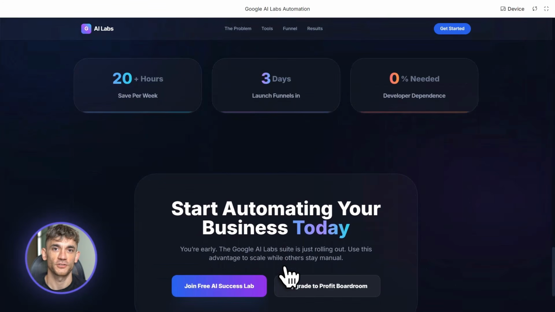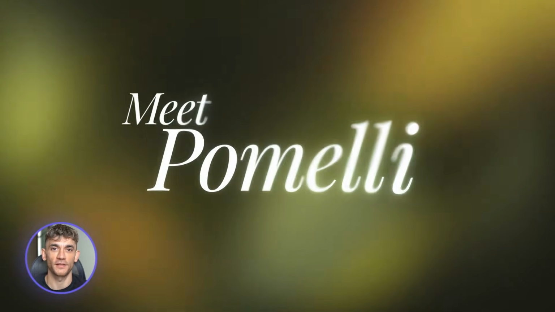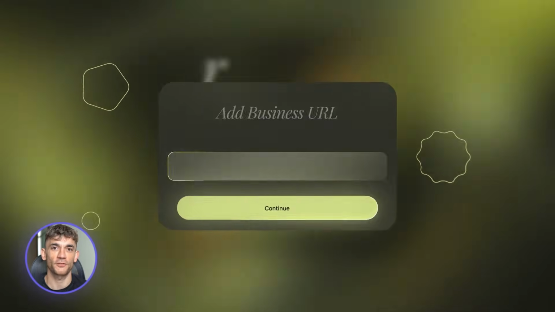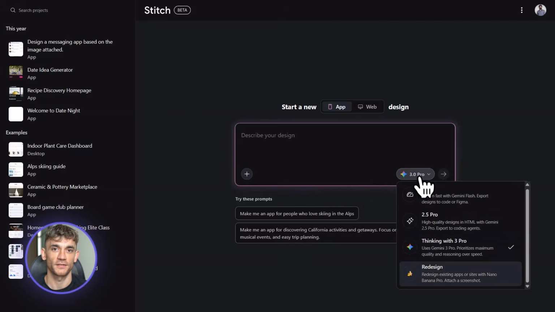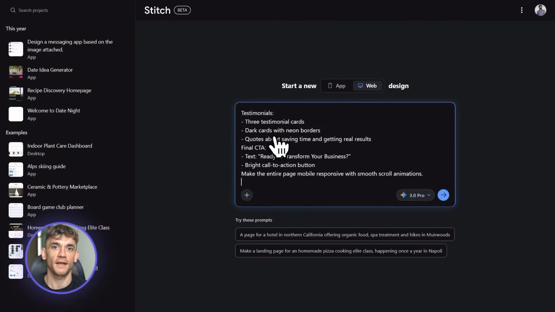And here's what I want you to do right now. Pick one tool and build something today. If you need marketing content, start with Pomelli and create a 1-week campaign. If you need a landing page, use Stitch and design it with a detailed prompt. If you want to automate a repetitive task, use Opal and build a simple app, then come back and comment